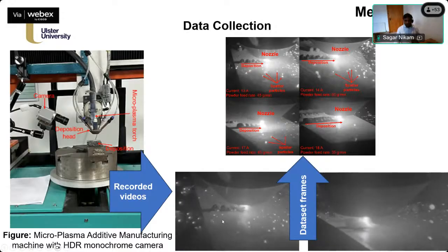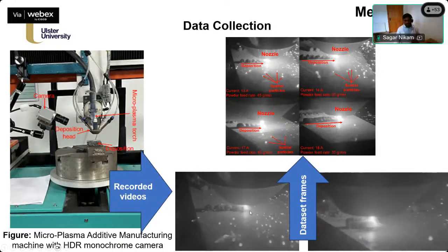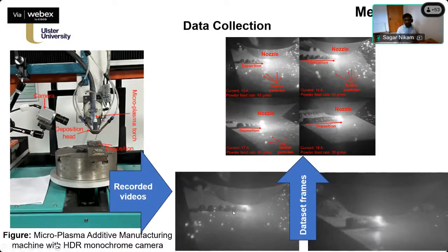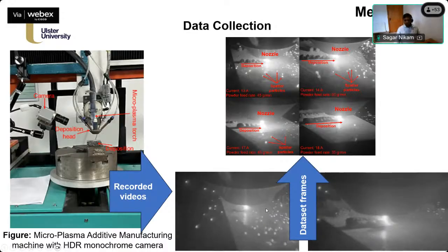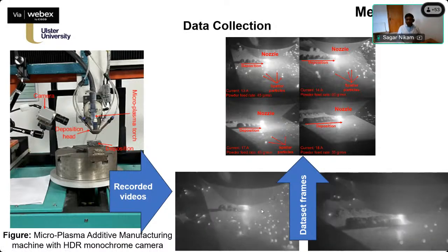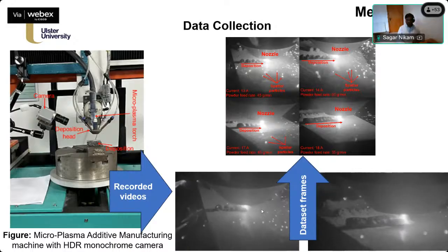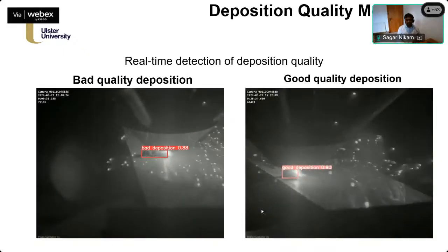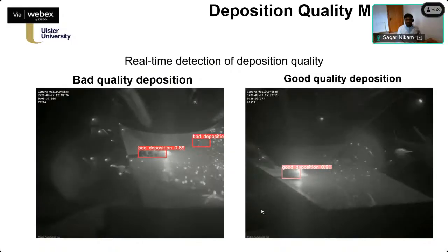The sparks going out are called melted spatter particles, and these usually get stuck to the previous deposition and then damage the layer there. Any melted spatter particles that get evaporated generate some sort of dangerous gas. So that's where we make use of the vision system to collect or monitor the spatter particles.